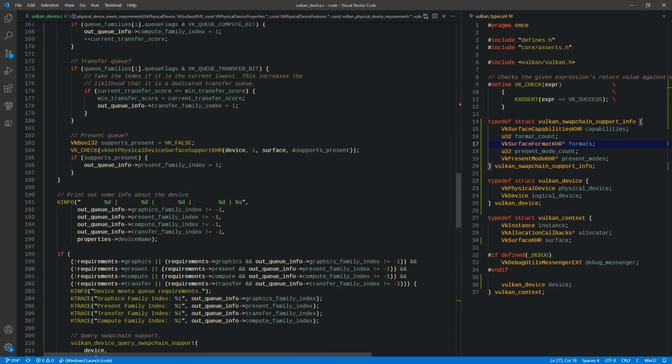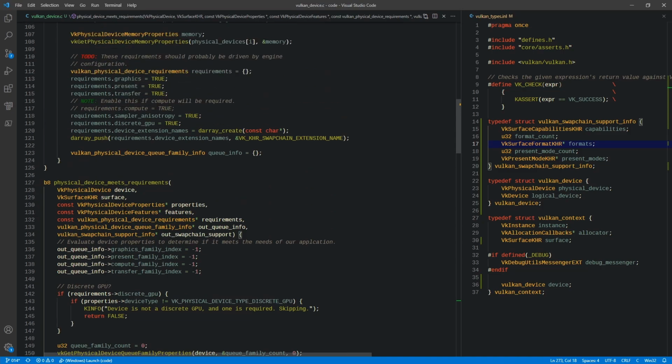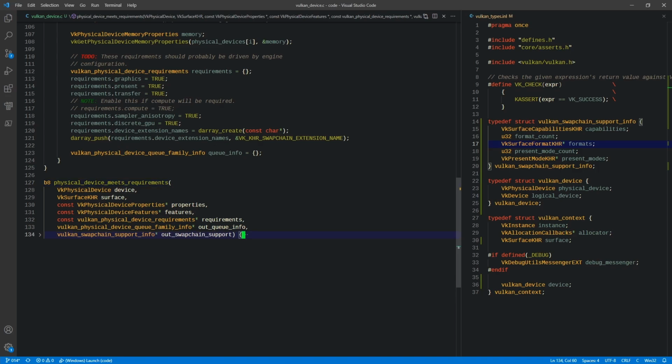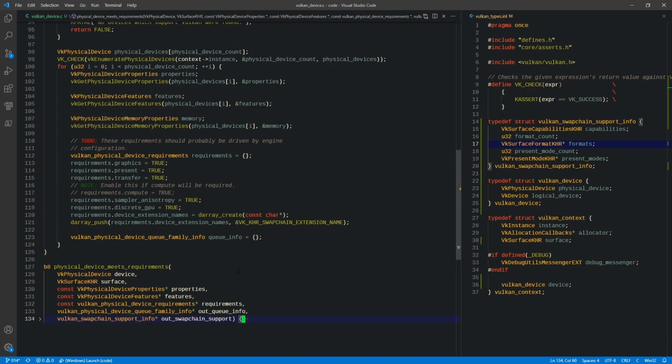So that is the long-winded physical device meets requirements, and you can kind of see why I might have split this up into a different function, is because it's quite long-winded. So I'm actually just going to snip this down just for a minute so that we can actually not have such a tiny scroll bar over here on the right. Okay,